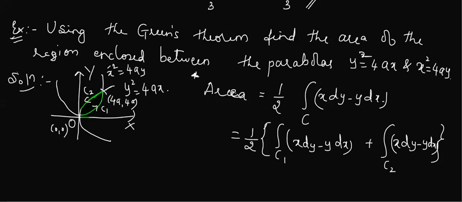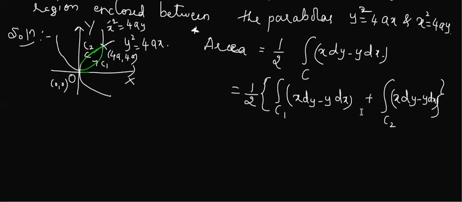Now, what we'll do, we'll just take our C1, we'll just take our C2 and we'll try to simplify it, because we are not converting this in terms of double integration. We are just evaluating, keeping it as only one integral. Yesterday, while dealing with Green's theorem, I told that if it is single integration and the number of variables is more than one, it is difficult. Am I right?